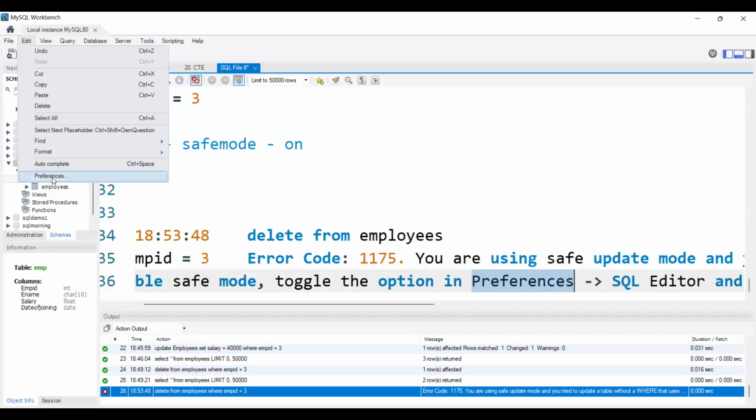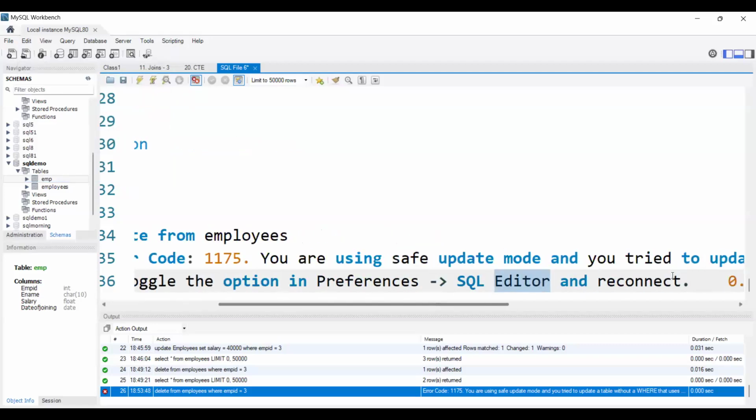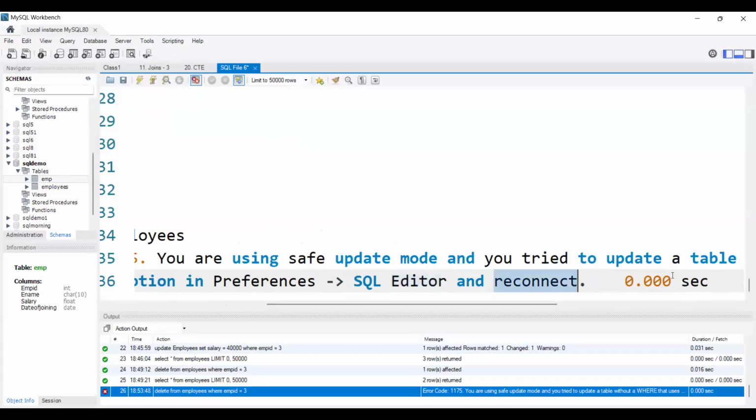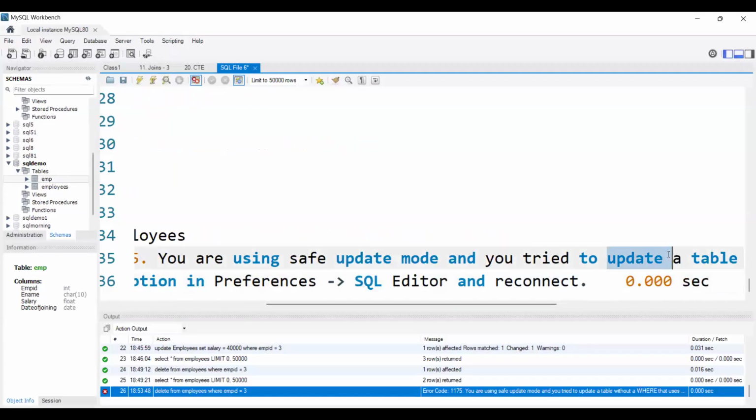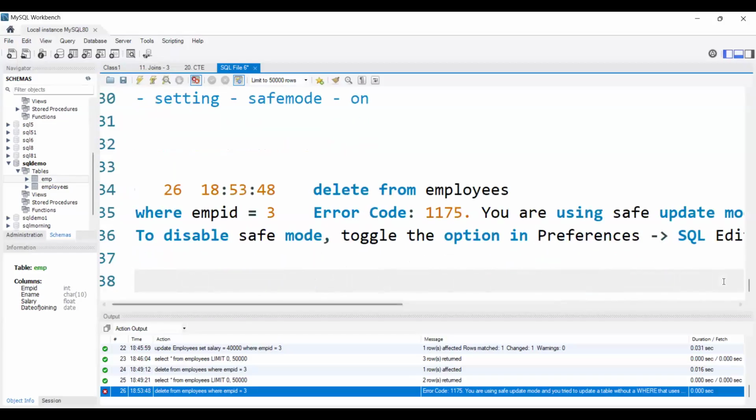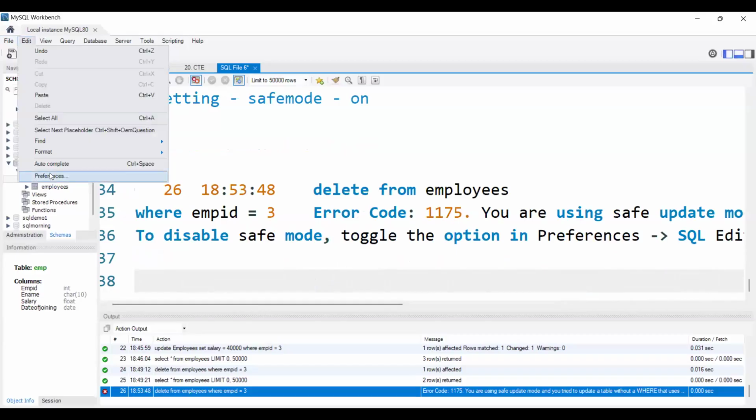That is what we did. Preferences, SQL editor, reconnect. Okay, like this we will get an error. If we are using a where clause also, it will give us the same error. So if we are facing any of these errors, again we need to go to Edit, then Preferences,